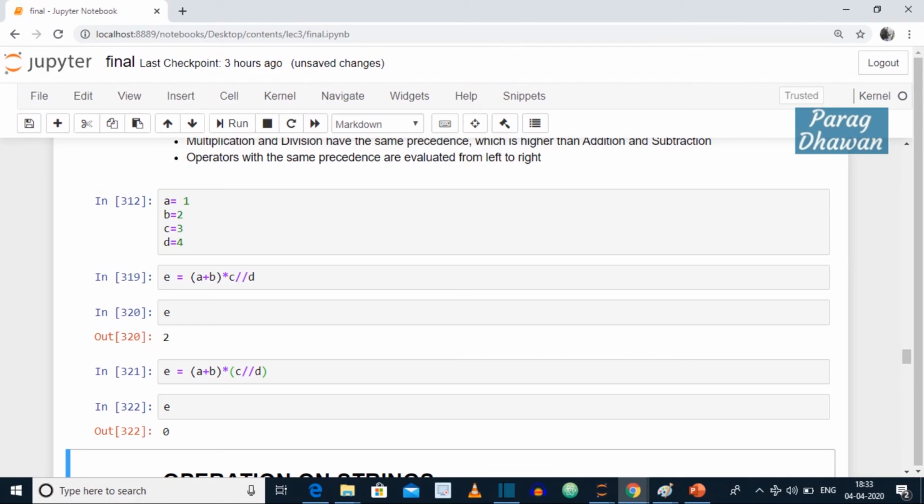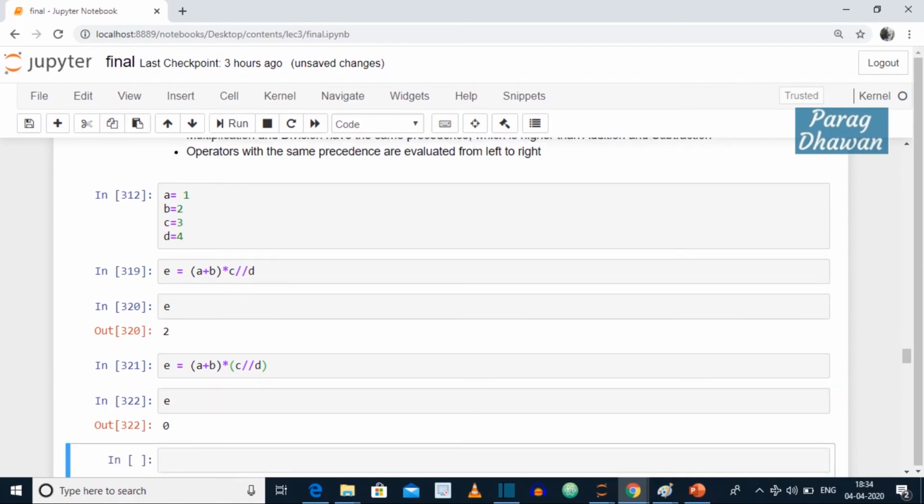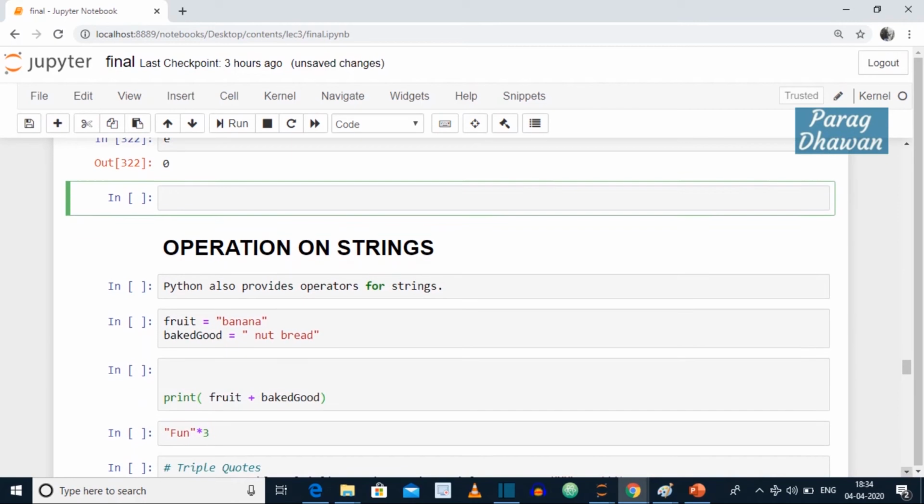Next example, click on the cell, press escape below, click on the cell, go down and write the expression as e is equal to a plus (b into c) integer division by d.